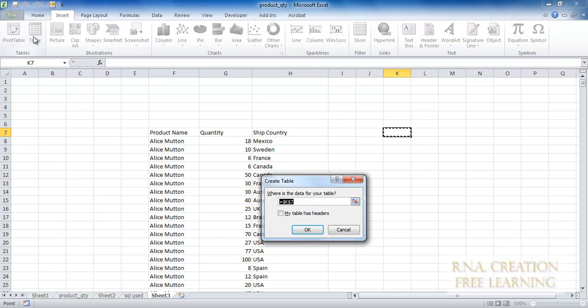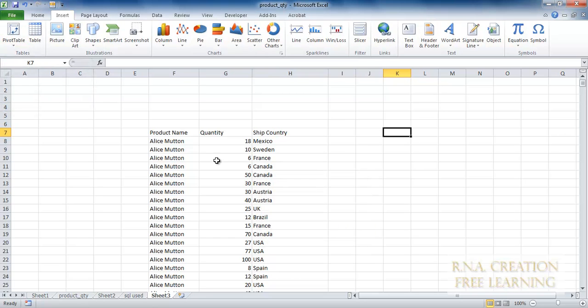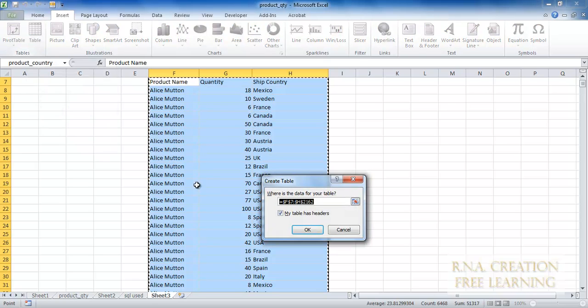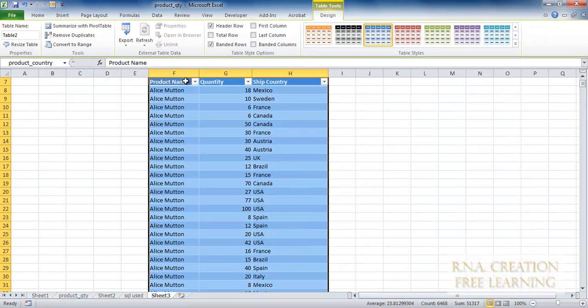If you choose Select a table, you could have done it by selecting the whole table, and this would have become the product country table. I can even call it a product name or something. This is the same thing as what we created by giving a defined name.